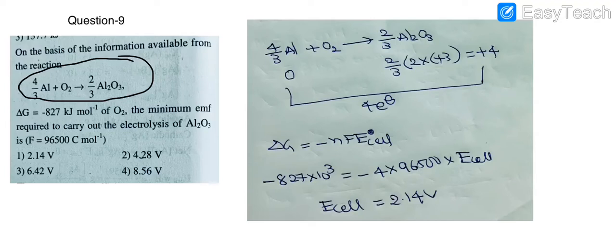Here in the aluminum case, this is a pure element in free state, so the oxidation state will be 0. And here 2 by 3 moles of aluminum compound is there. In that 2 aluminums are there, so 2 by 3 into 2, each one has plus 3. So 0 to plus 3, the 3 and 3 get cancelled, plus 4. So 4 electrons will be transferred in this process. Okay, so we know the number of electrons transferred is 4, and Faraday constant 96,500. Delta G they have given. So by using that information we can find E cell.